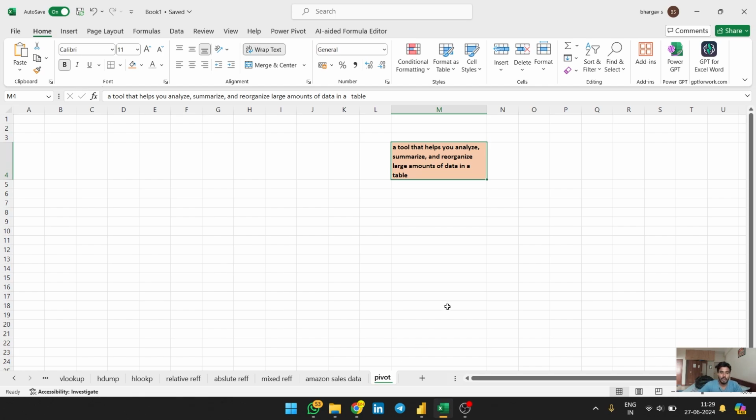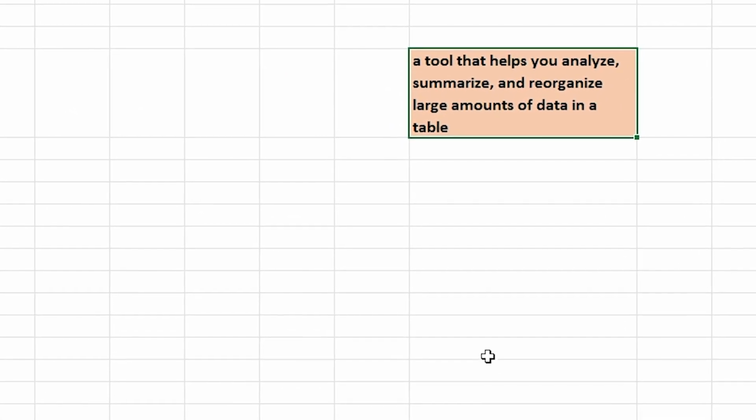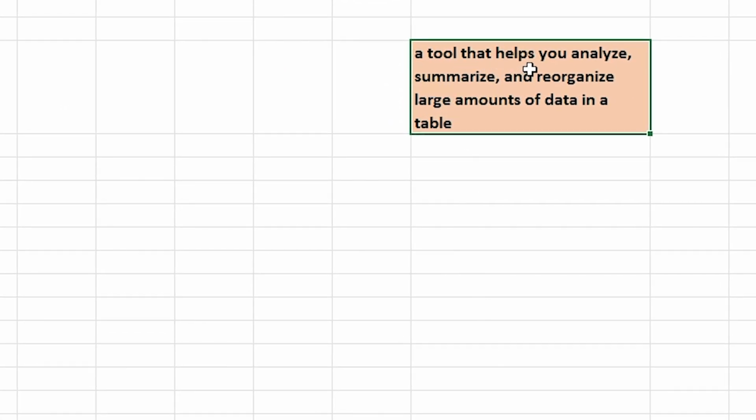Today we're going to learn about pivot tables and how to use those pivot tables to analyze the data. So first of all, what is a pivot table? A pivot table is a tool that helps you to analyze, summarize, and organize a large amount of data in a given